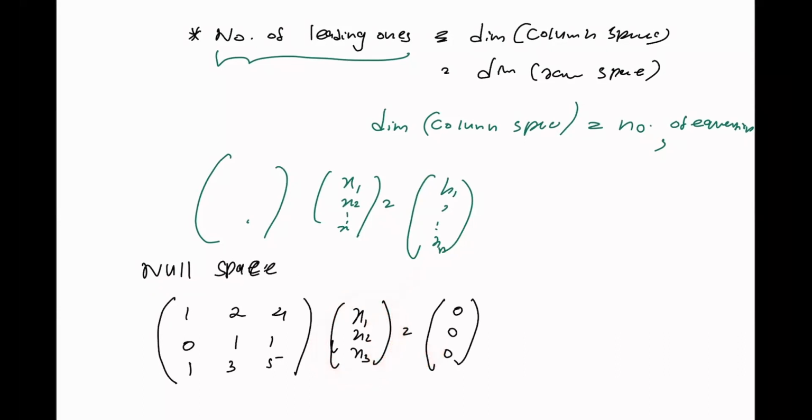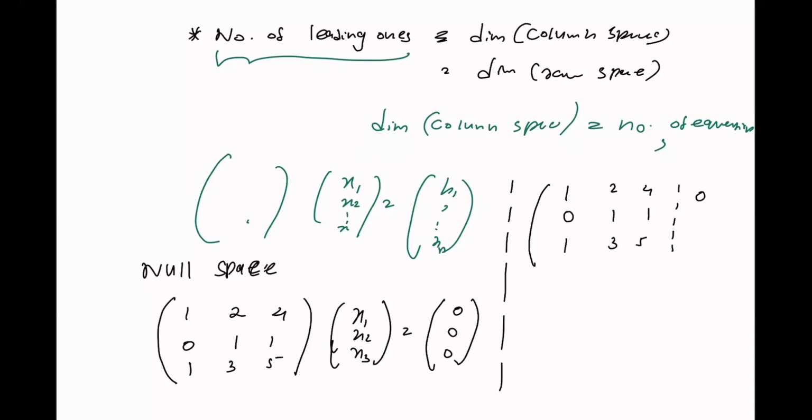It means, in other words, the solution set of this equation, which we call a null space. To find the null space, we have to perform Gaussian elimination again on these equations, and I'll take this as an example. Then you can perform Gaussian elimination something like this: 1 2 4, 0 1 1, and 1 3